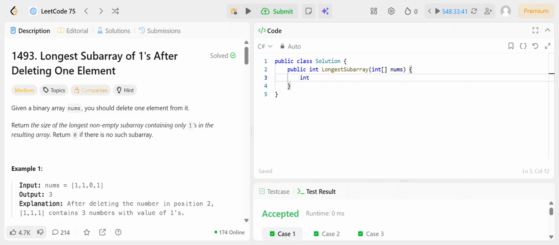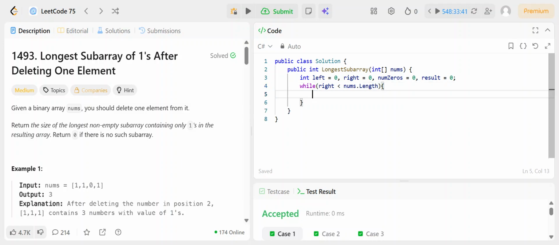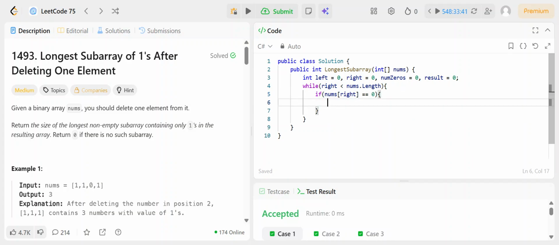Okay, so again the same thing. We need to take left, right, number of zeros, and result, in which we are going to store the result. So what is the condition? While right is less than nums.length. So we are starting from 0 and till the end of the array we are moving it, and if nums of right is equal to 0, then I'm increasing number of zeros,